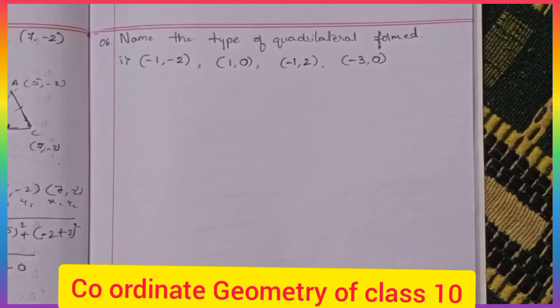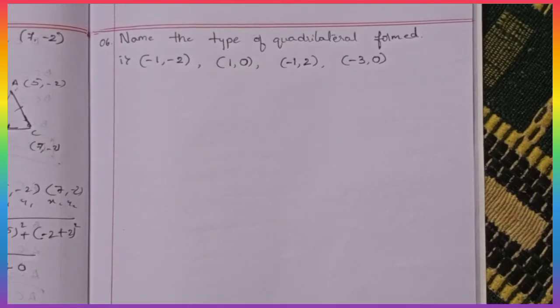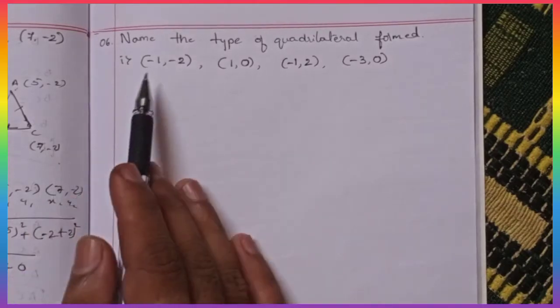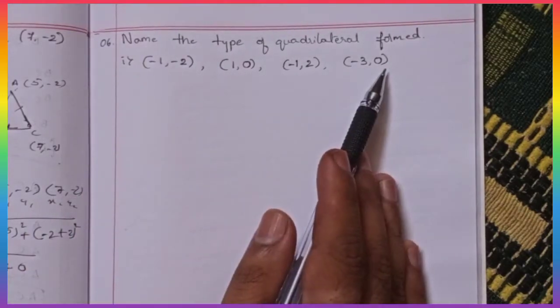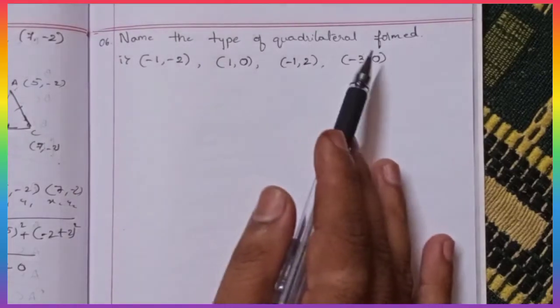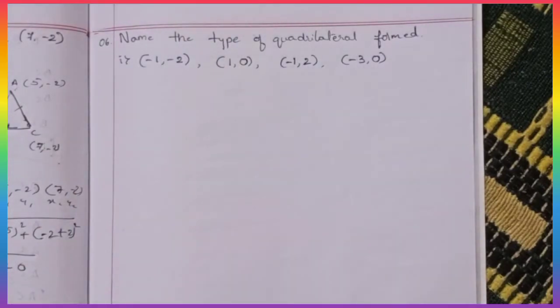Today we are going to solve a problem from the unit of coordinate geometry, taken from class 10, where we are going to find the distances between the given coordinate points. They have provided four coordinate points here, and we need to identify the quadrilateral and name it, finding which type of quadrilateral it is by finding the distances between the consecutive points. Now,